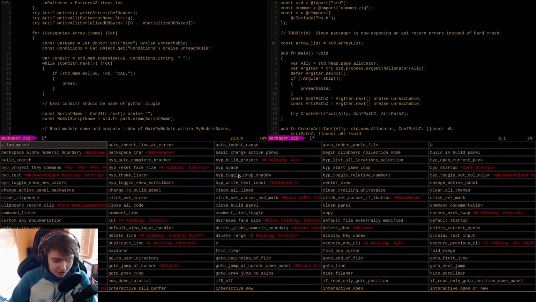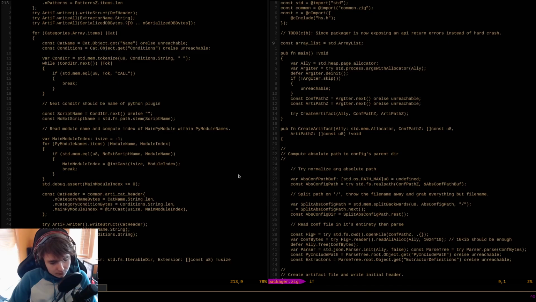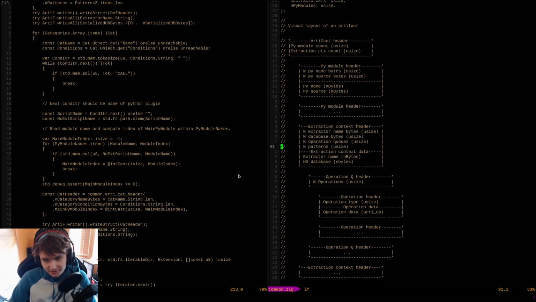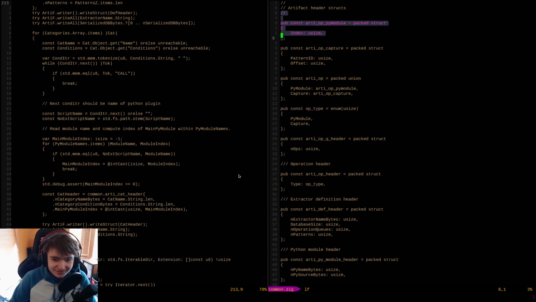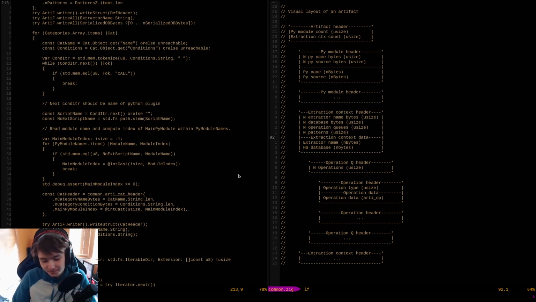So let me pop open common.zig again over here. And this diagram has been so useful, and I will remember to do another one if I ever need to build anything that's serializable. I'm trying to build an artifact ever again, because this has been just wonderful. Diagrams are good. Like just trying to remember where everything goes, right? All these structs, it's like, no way. Especially after months of not touching Packager. It's honestly probably been about a month since I've touched this file, but